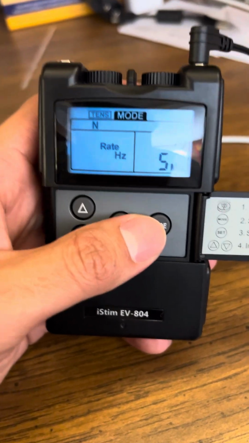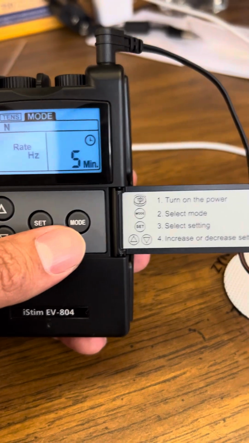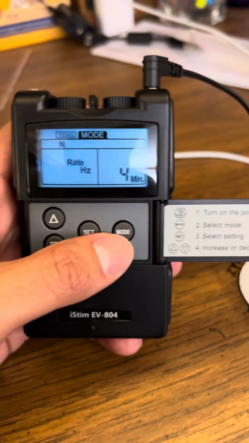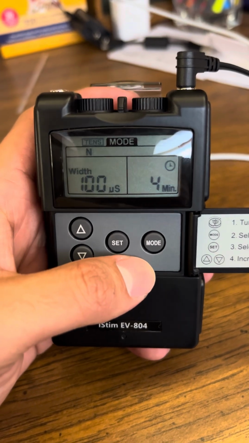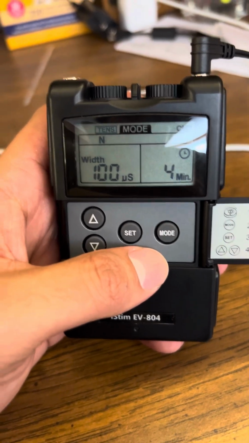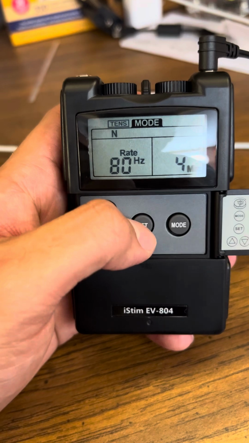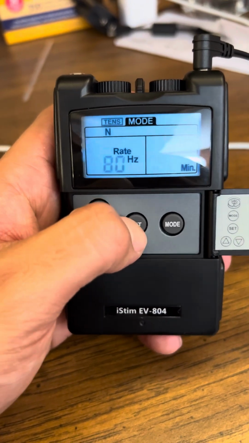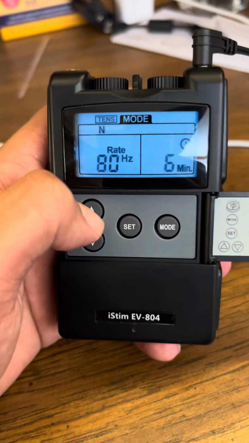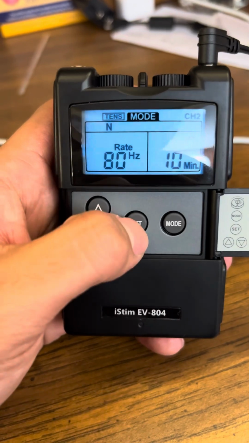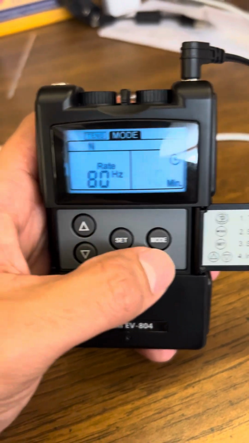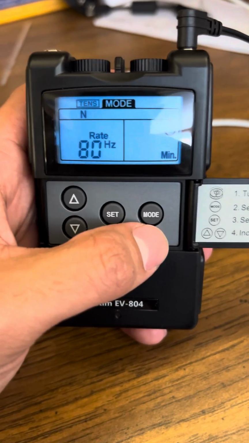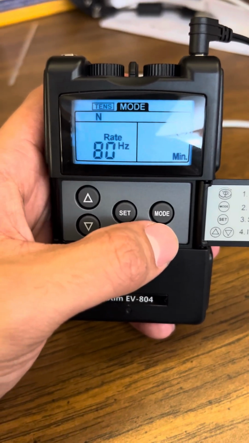So what this does, it allows the patient to go under something called gate control theory, and that helps to reduce pain that a patient is feeling. So for this one, I'll place it for 10 minutes just in case, just so I have enough time to explain everything. So yeah. It allows the patient to go under this thing called gate control theory, and it helps with pain